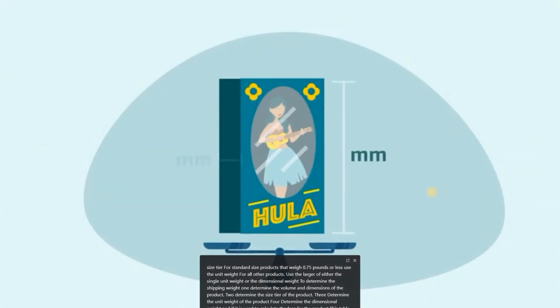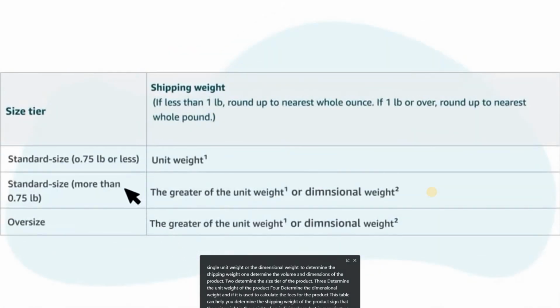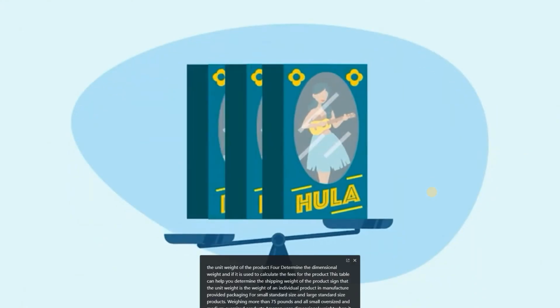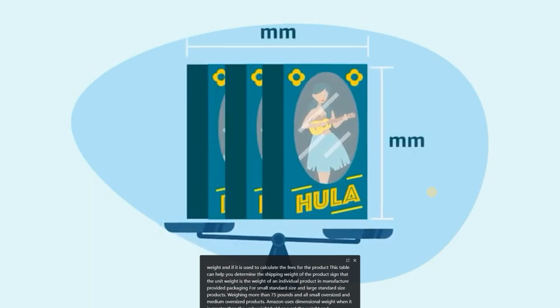Keep in mind that the unit weight is the weight of an individual product in manufacturer-provided packaging. For small standard size and large standard size products weighing more than 0.75 pounds and all small oversized and medium oversized products, Amazon uses dimensional weight when it is greater than the unit weight. If a product is sold as a set, the weight and dimensions used are the weight and dimensions of the